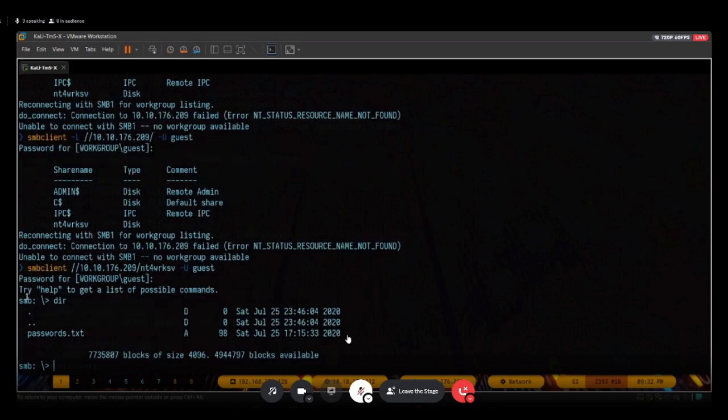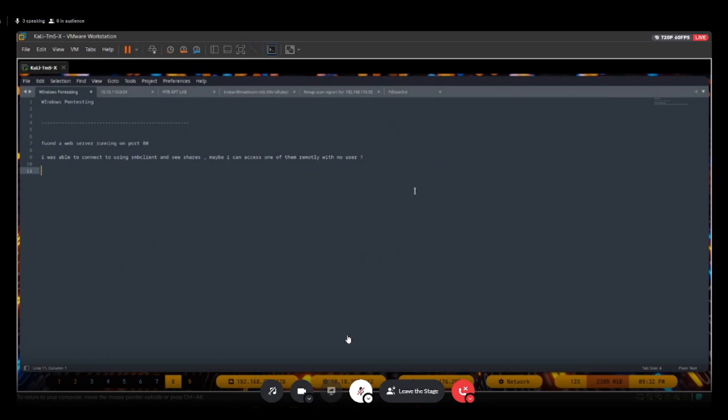Okay, so now we know that this SMB has password.txt. So let's get back to notes. I just want to tell you guys the importance of taking notes. So let's say I was able to access the share, so like this, just simple like this. If you want, you can ask yourself a question. So maybe it contains passwords for valid